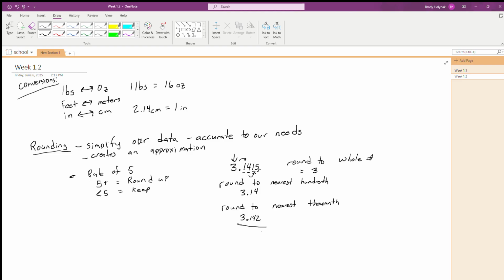Now again, it matters on the scope. What are we looking at? How accurate do we want these numbers to be? What am I after as far as the accuracy or my error that I can be? In this class, generally what we're going to do is we're going to take our numbers and round our numbers to 3 decimal places. And usually we're going to do that at the very end of our answer. So when we're finally done, we keep all those numbers in, and then we round it off at the very end point,